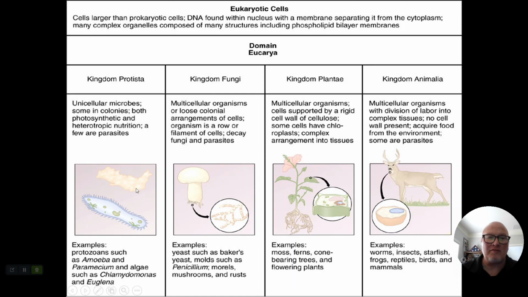If you ignore this first column, which is called kingdom Protista, because there's no such thing as kingdom Protista, here are characteristics of kingdom Plantae, Animalia, and fungi. And then this would be all of the other kingdoms, which I showed you on a slide earlier, things like amoeba, paramecia, euglena, slime molds. Usually single-celled organisms, but they're all eukaryotic. So everything you see on this page is in domain Eukarya. They are all eukaryotic cells.